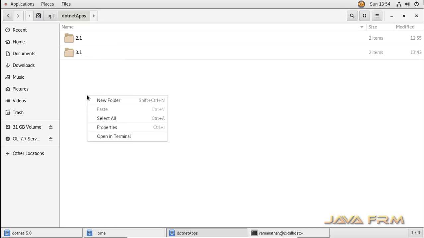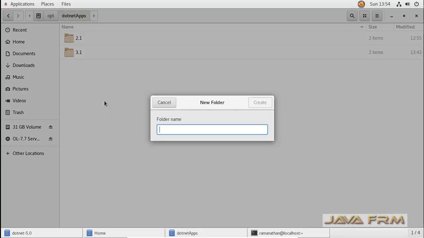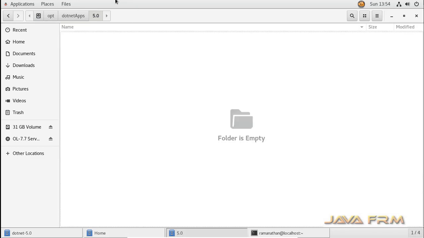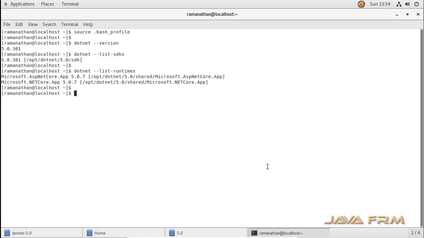So now coming to the /opt/.NET apps directory, I am creating a folder called 5.0. So here I am going to create the .NET applications. So come back to the terminal, cd /opt/.NET apps/5.0.